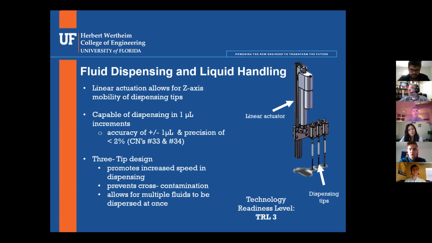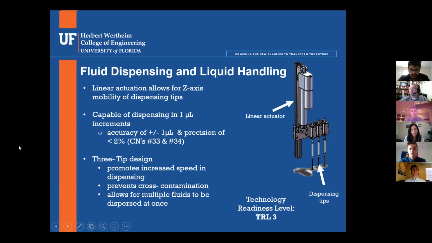And the cleansing of these tips happens by dipping the tips in a viable cleansing solution within the bioreactor and extracting the solution throughout the tips. The subsystem would then disperse said fluid into a waste containment area, which was within the bioreactor. And if one tip were being used to dispense fluid in a quick fashion, and another tip needed to be used to dispense a different fluid before the cleansing process, the 3-tip design is a unique feature